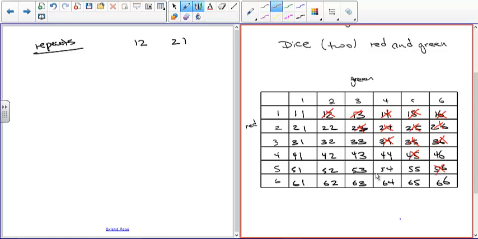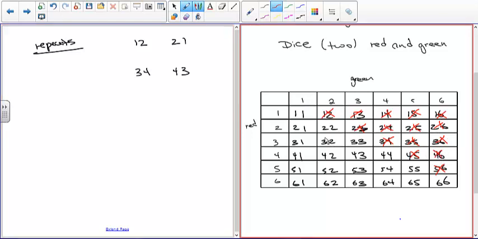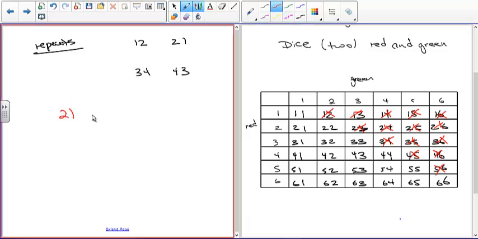Okay, so all of these have ones that are the same 2 numbers. Let me just pick one here, like 3, 4. 4, 3 is the one that matches that in terms of the numbers. So using this definition of repeats, I would eliminate those, and I forgot one right here. So how many does that leave me with? You'd have 1, 2, 3, 4, 5, 6, 7, 8, 9, 10, 11, 12, 13, 14, 15, 16, 17, 18, 19, 20, 21. So the answer would be 21 possible results.